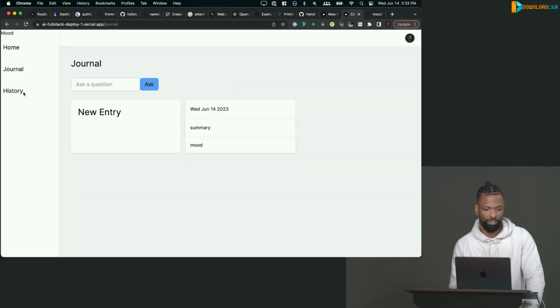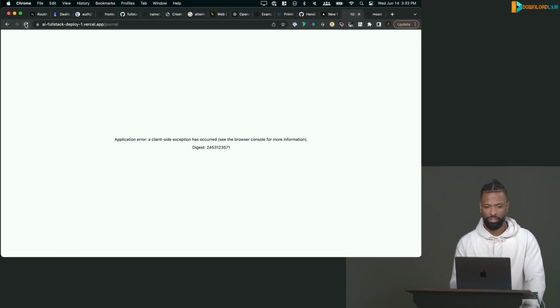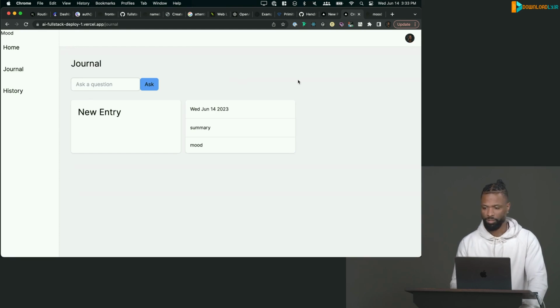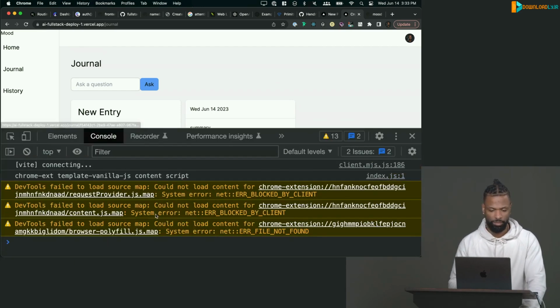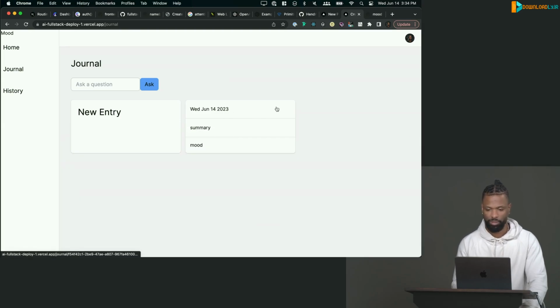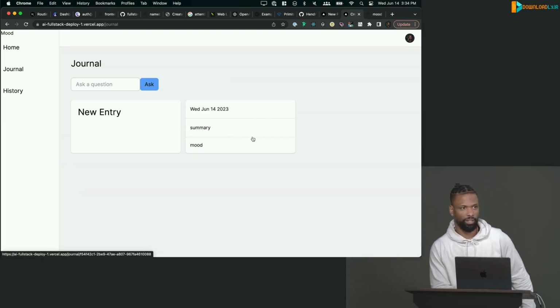All right, so it's halfway there. It's kind of what I thought was going to happen, that it would deploy but maybe not run all the way. So it looks like either there's some errors going on with server components or something to do with Clerk and switching over to prod. But either way, that's how you deploy it. And then to fix it, you would just have to go back and forth, playing around with these errors and deploying it until you got it right. So